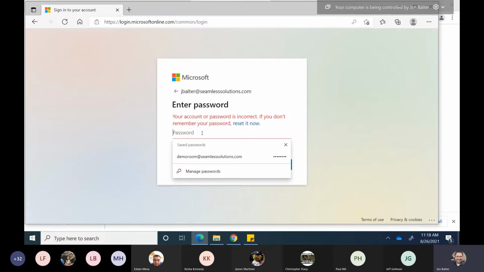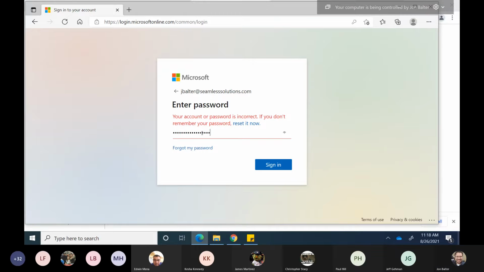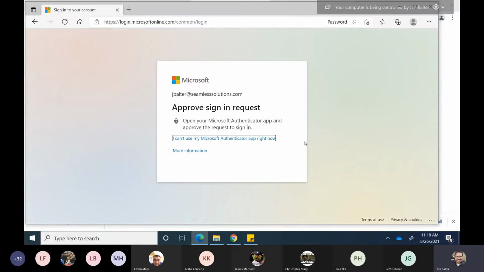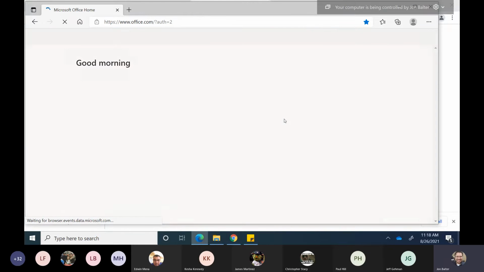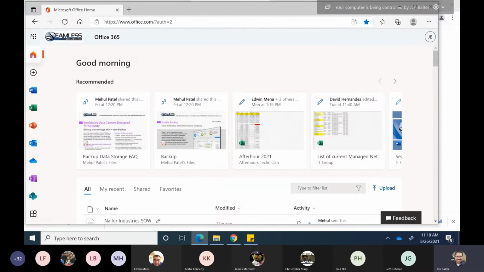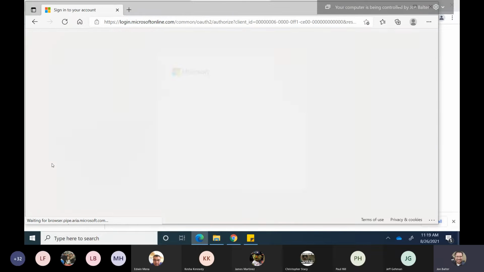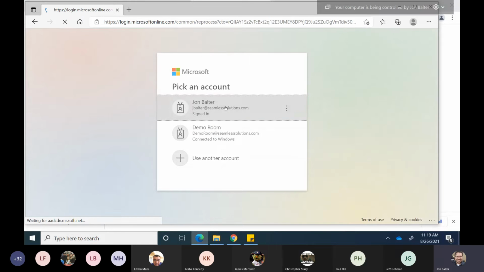Of course, now it doesn't want to take my password. And because I have multi-factor authentication turned on, which is something I would suggest for everybody if you don't already have done, it wants me to go approve it. So I will go approve it. So even if you have my username and password, it wouldn't do you any good because I do use multi-factor authentication. So in the admin portal,